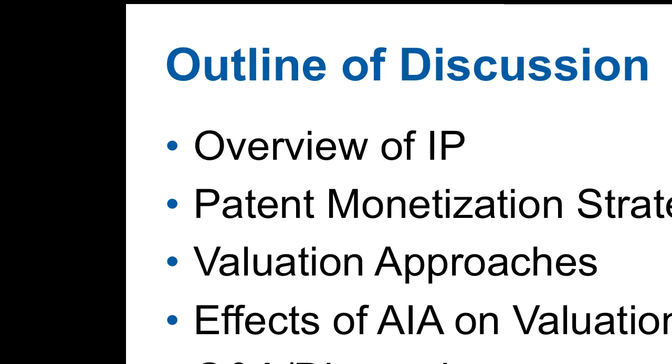So, just let me give you an outline of what I thought I'd go through today, and Mike and I talked about this a little bit as well. First, just to level set and talk through the overview of different categories of IP. I know patents are probably the main focus here, but just so everybody understands the interrelationships between patents, trademarks, copyrights, trade secrets. Quickly, we'll go over that.